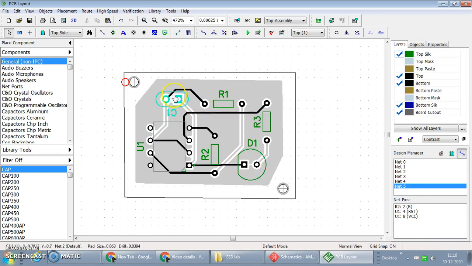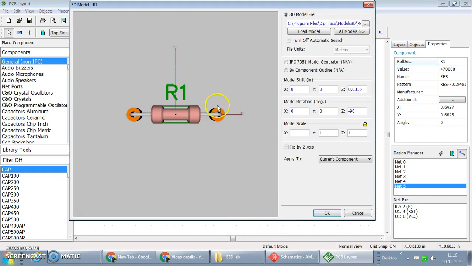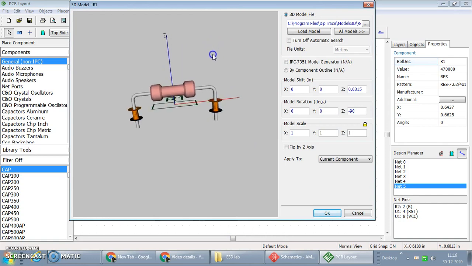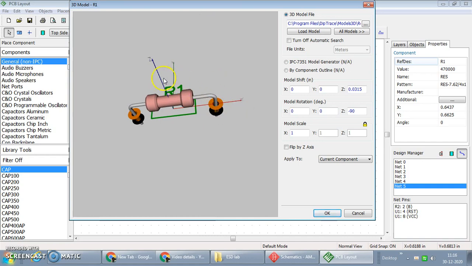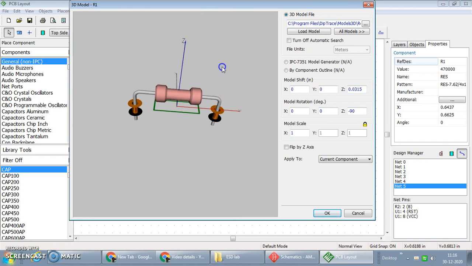Now step by step, if I want to go to the resistor, just right click on the resistor and go to the 3D option. So this is how the resistor is connected here with all the details. See how beautifully the axes are indicated. This is the X axis, this is the Y axis, and vertically to indicate the height we are using the Z axis. So what is the significance of this? When you want to connect the components onto the PCB from the top side, in that case you can specify the height of these terminals, electrodes. So how can we set its value?